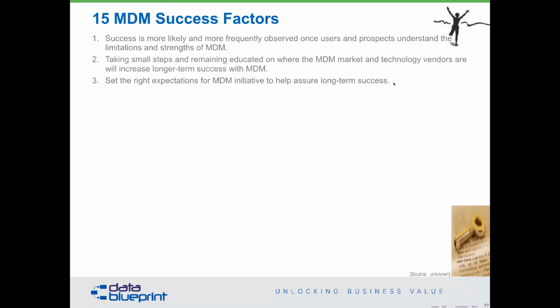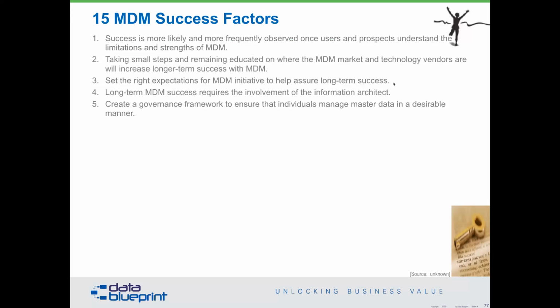We need to go way upstream, make sure that the data that's coming into the systems is there, and then flush out all the bad stuff and put the new one. And think of it more like a blood transfusion. Probably not the best metaphor there, but we need to have information architecture as a key component for all of these pieces. Your governance framework has to be making sure that you have people that understand master data in here. If they haven't had experience with it, they're probably not going to be making the right data governance decisions around this.